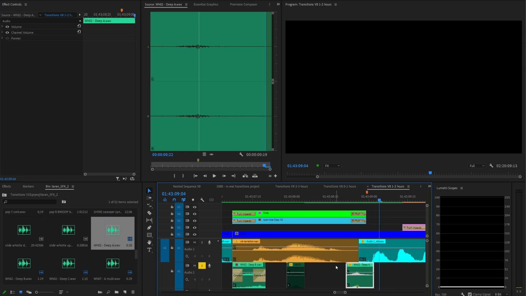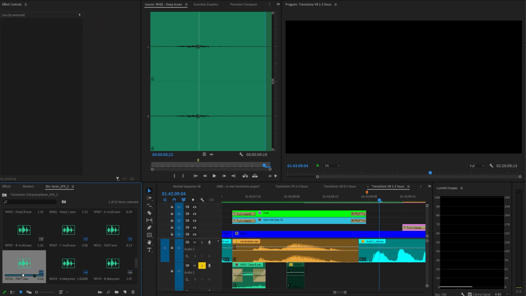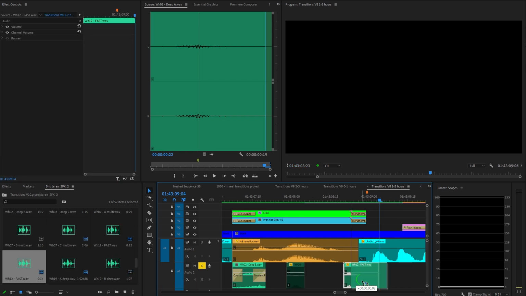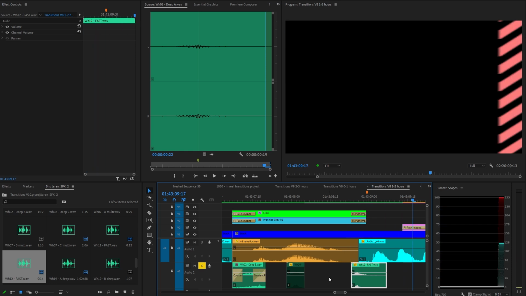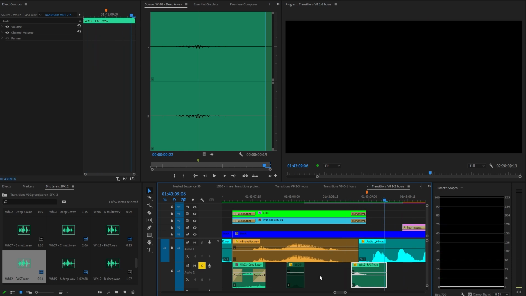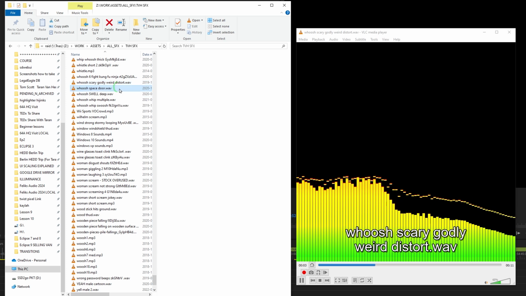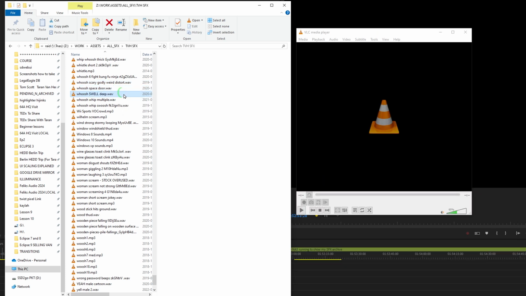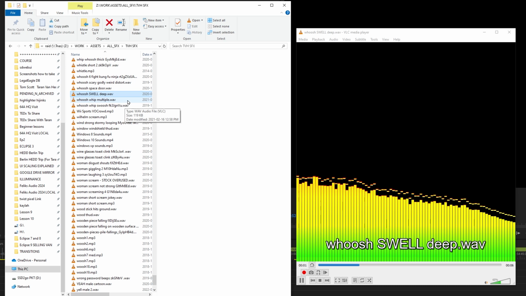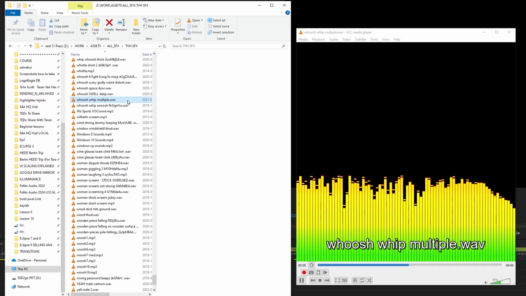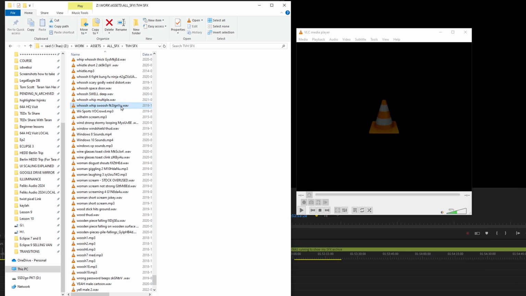So if you want a fast whoosh, or indeed any sound effect, you should start with a sound effect that is already fast, instead of trying to modify a much slower sound effect. Again, you should collect a lot of whoosh sound effects if you're serious about video editing, and you'll have to experiment to see which whooshes pair best with which transitions.